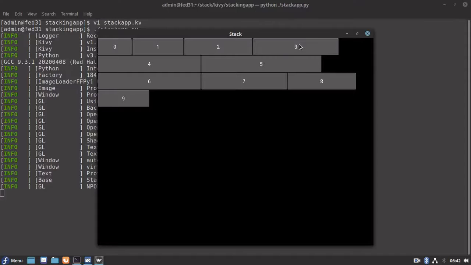So 0, 1, 2, 3, it was able to stack in the first row, and the 4th button tried to stack in the 2nd row, coming from left to right, then from top to bottom. This is the way it tried to arrange. This is the default orientation that stack layout will use in case we are not giving any orientation.